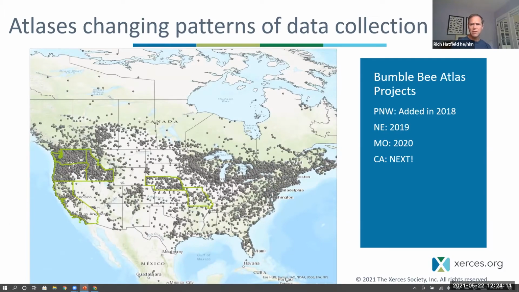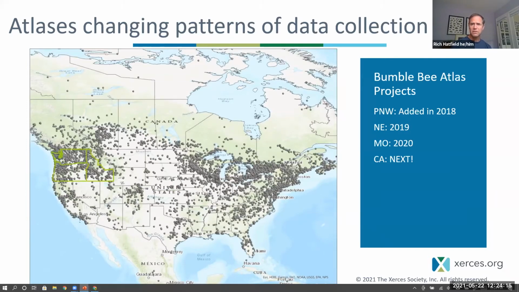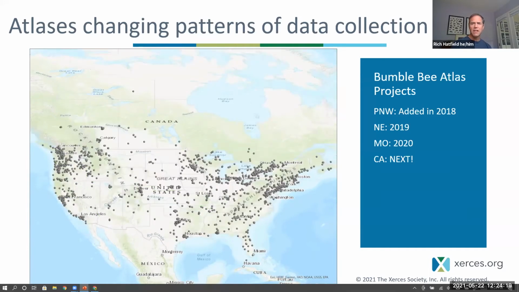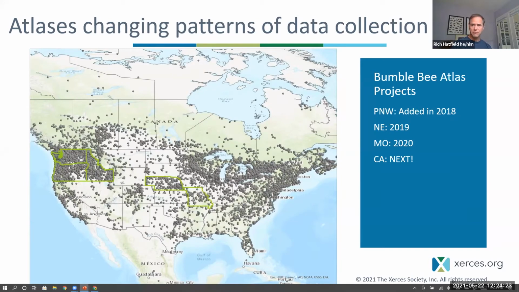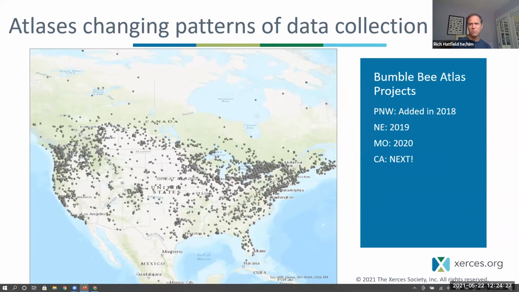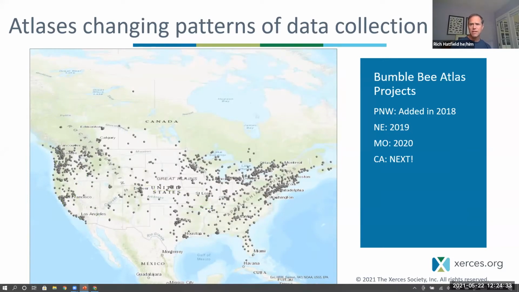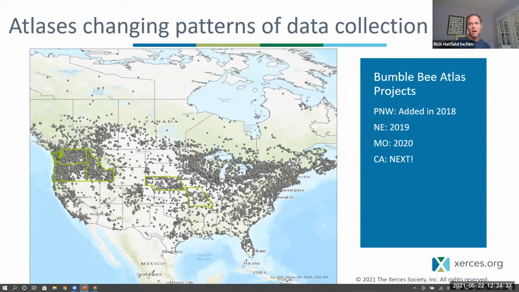And you can see that in the beginning, it largely maps cities. You can find cities and towns and transportation corridors. But then when the states turn green, that is when we have launched a Bumblebee Atlas project. And you can start to see the boundaries of the state fill in, which means that we're getting outside of those population centers, outside of those transportation corridors, and actually really learning what's happening with these populations in the landscapes